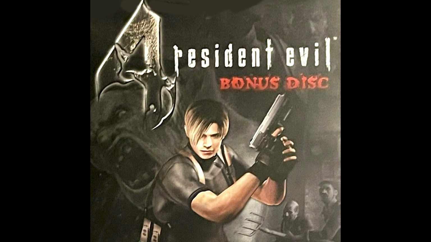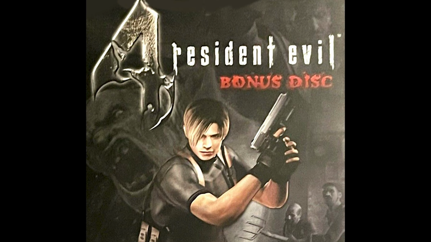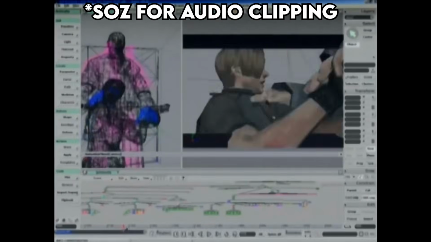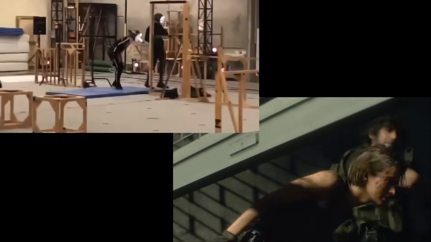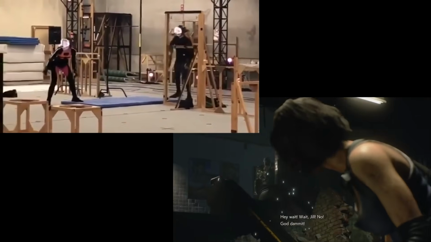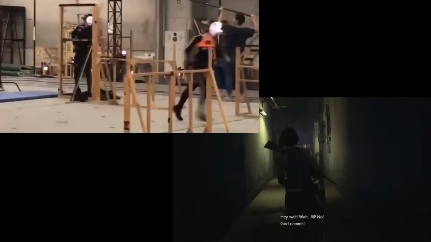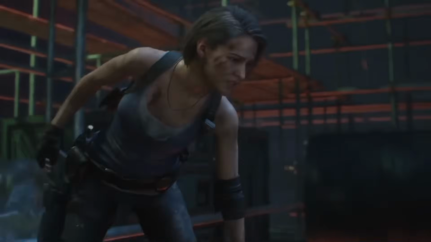Information on Resident Evil 4's behind the scenes came in the form of a bonus documentary DVD at the time, noting the game's use of more advanced motion capture software mixed with the time and effort of an animator's hand. Information on 4 Remake's development isn't as readily available, at least not right now, but we can assume the process has been similar to the other remakes in the series, which we can use as a reference point.